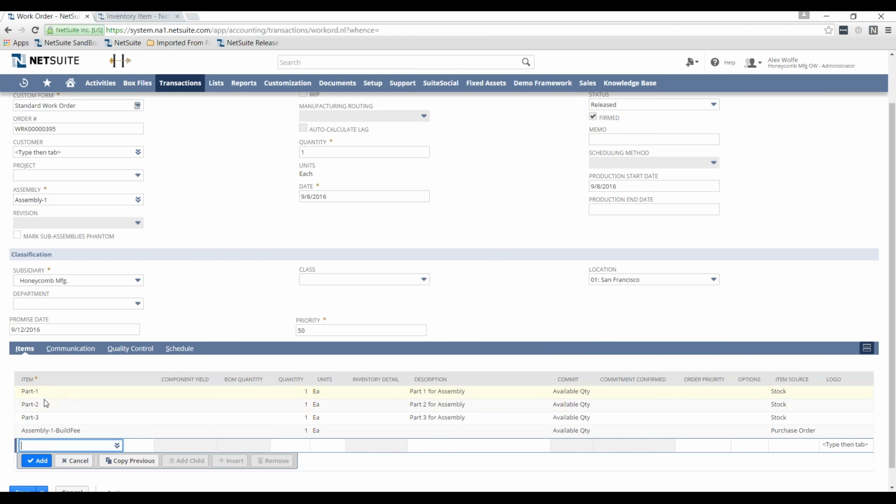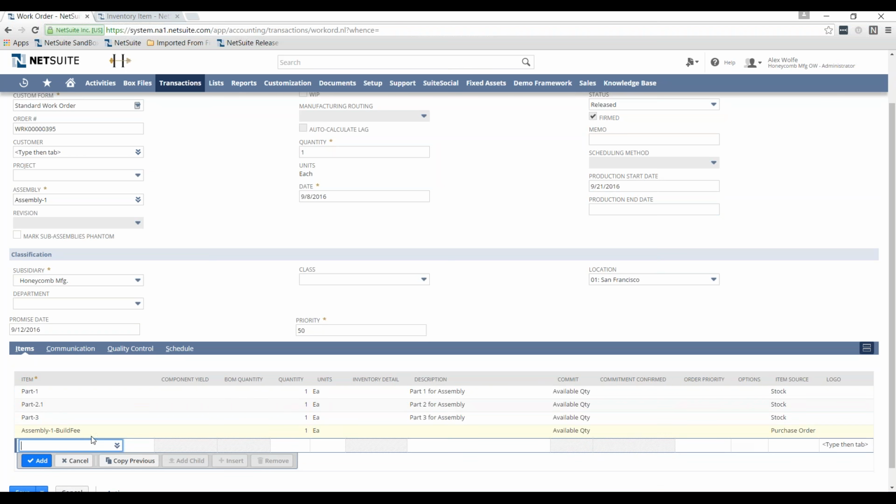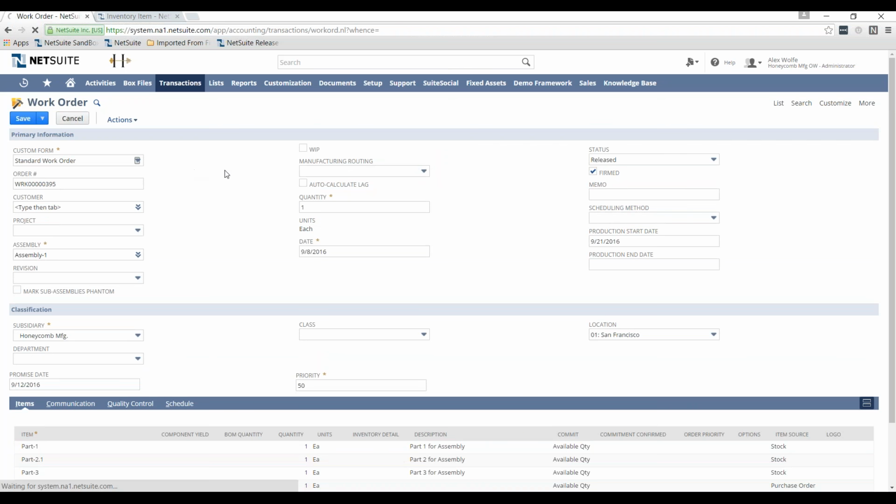So if you notice here, we have our parts 1, 2, 3. We are still at a current build date of today, so that new part hasn't come into effect. But we know a contract manufacturer is not going to build this for a while, so let's put this out a couple weeks. Now we know they're going to use the new part 2.1 down here. And it has the assembly build fee in here. And we have it set up to issue a purchase order, which is great. So if we save this,